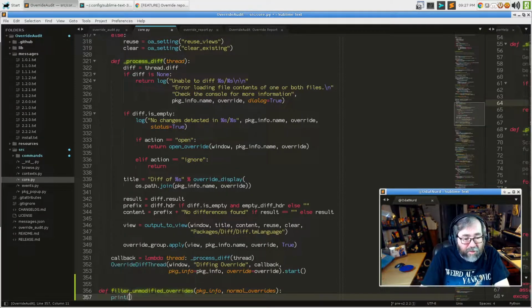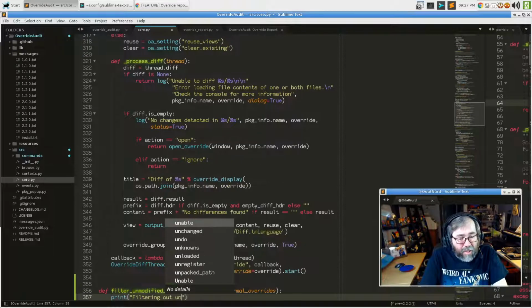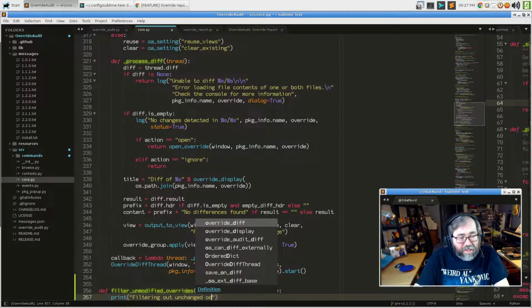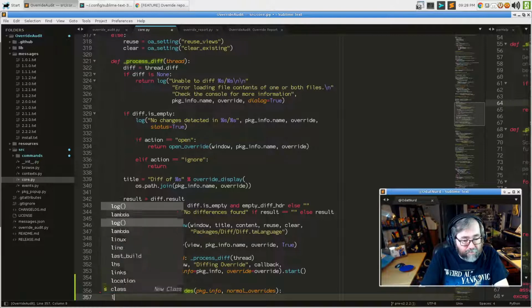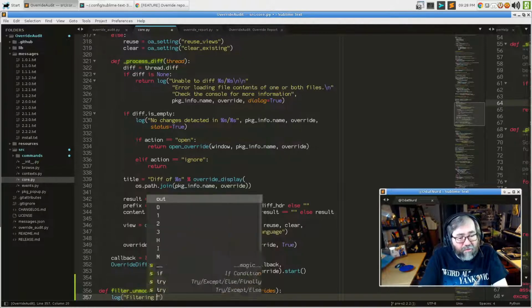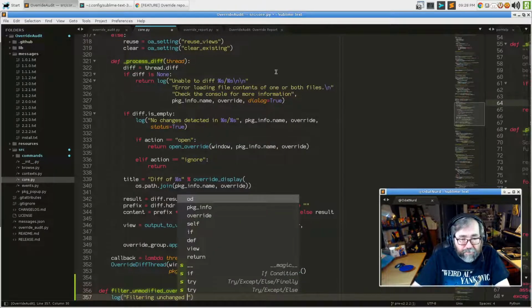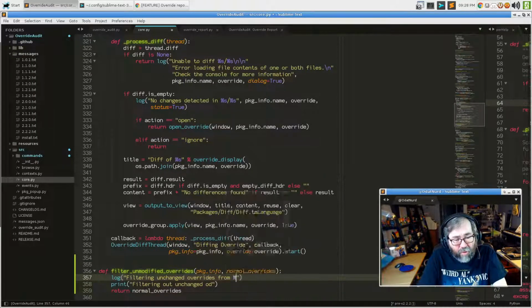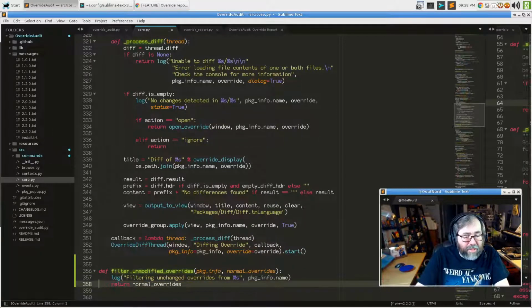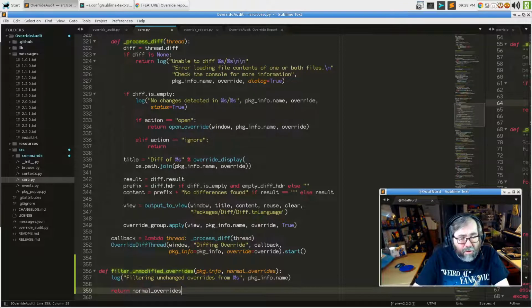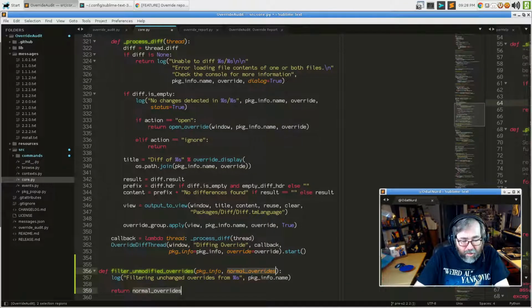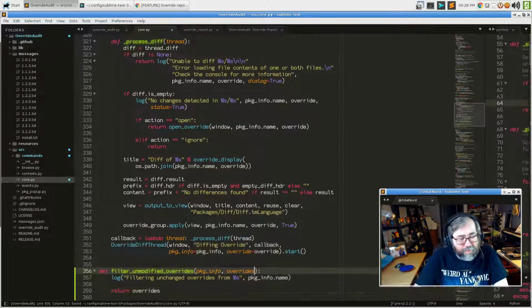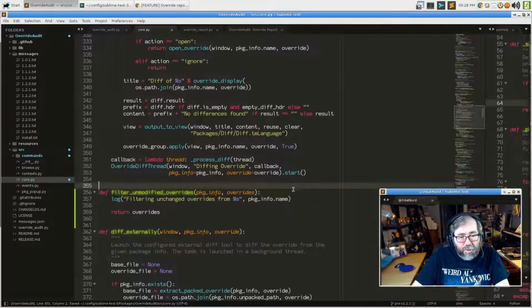So here we might say printf, print filtering out unchanged. Oh, actually, I should be using log for that. Filtering unchanged overrides from this. And that's all we really need to do there. And then return, well, this can just be like so. 2, 2, and